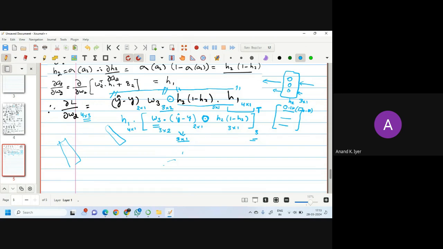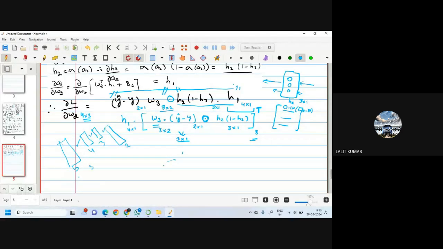That's why, with the hidden layer sizes, your weight matrix sizes become fixed. You cannot change that. If the layers are 5, 4, 3, 2,